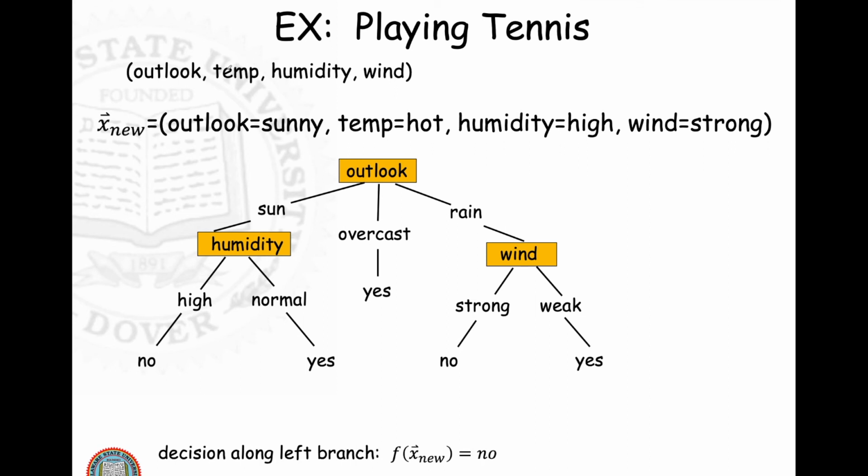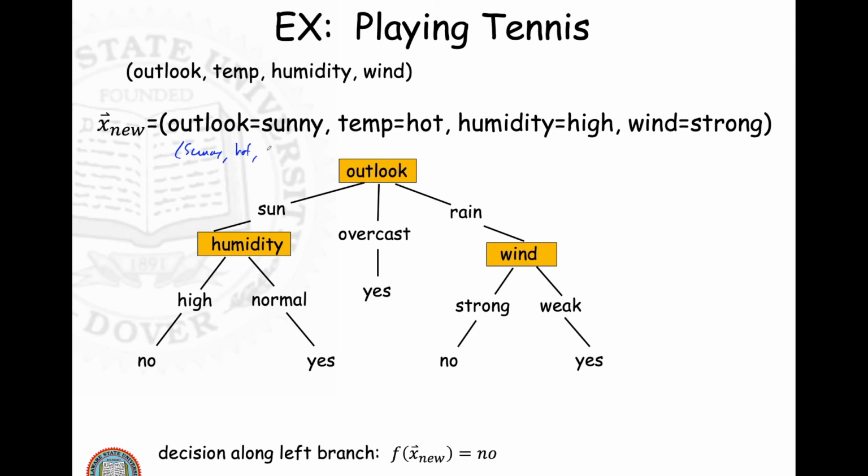The temperature is either going to be hot or it's going to be cold. The humidity can either be high or it can be normal. And the wind is going to be strong or it's going to be weak. And so if we were to input a new feature vector, let's imagine outlook was sunny, the temperature was hot, the humidity was high, and the wind was strong. So we take that vector, sunny,